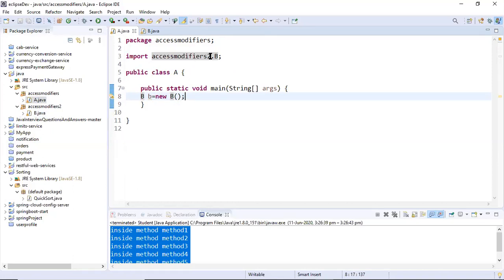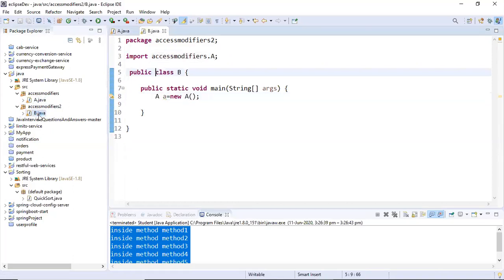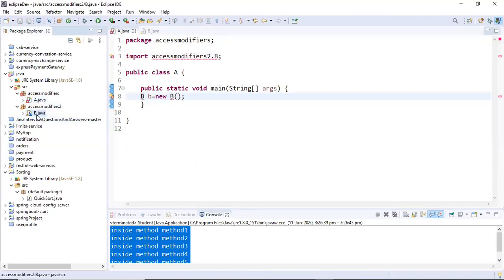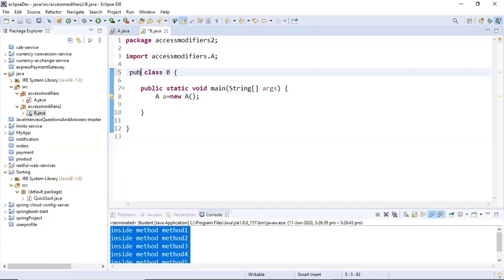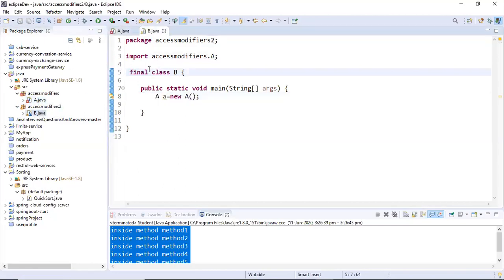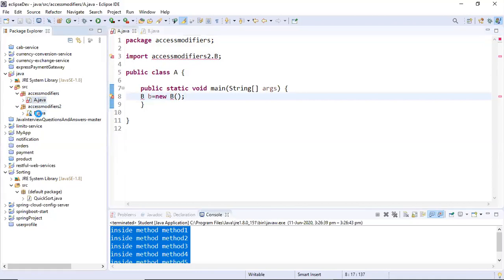So before I put access modifiers, let me show it again to you that even if I remove the public keyword from my class B, then class A will give an error because class B is default class. And if I put public, then everything will be fine. And I cannot put final. Even if I put final, then also error will come. Even if I put abstract, then what do you think? Error will come or not? Error will come. Again, error is there.